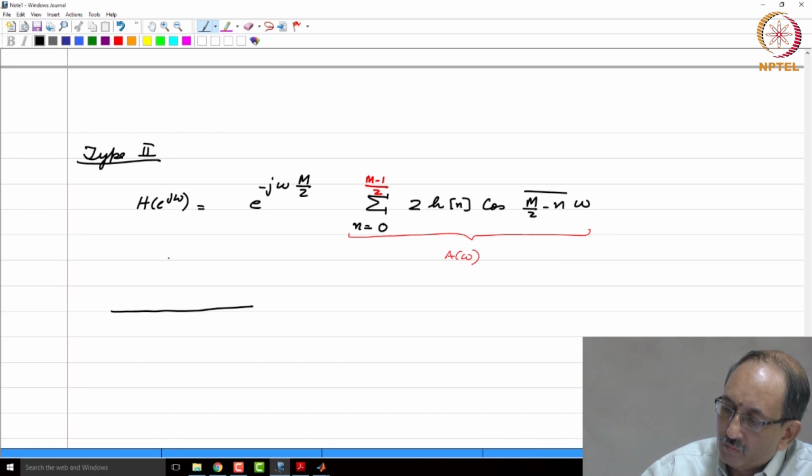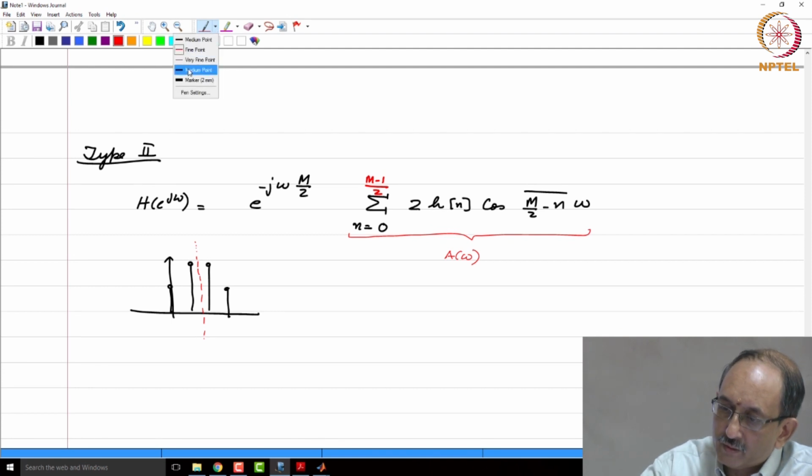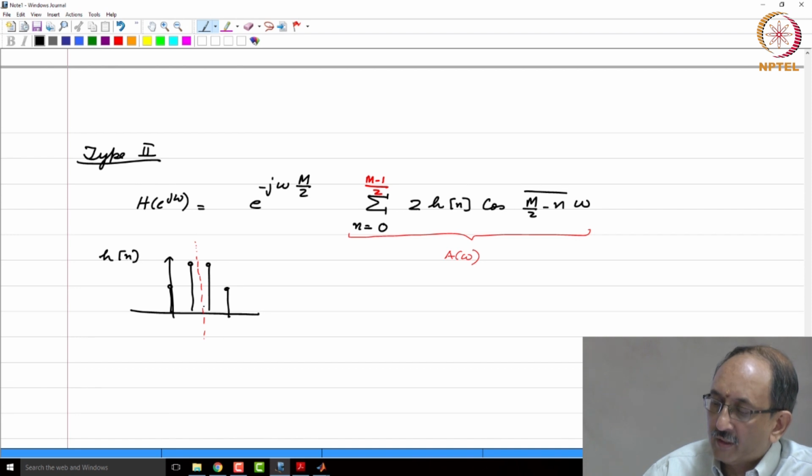The answer is no, because remember, we are now looking at type 2. Type 2 is even symmetry and even length. Therefore, here is an example type 2 filter, and the point of symmetry is this, which is midway between samples, and if you call this h of n, no way can you shift it